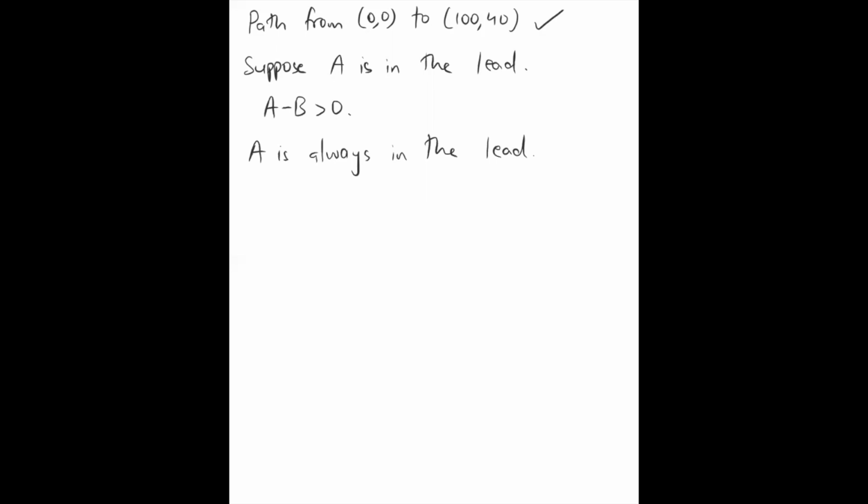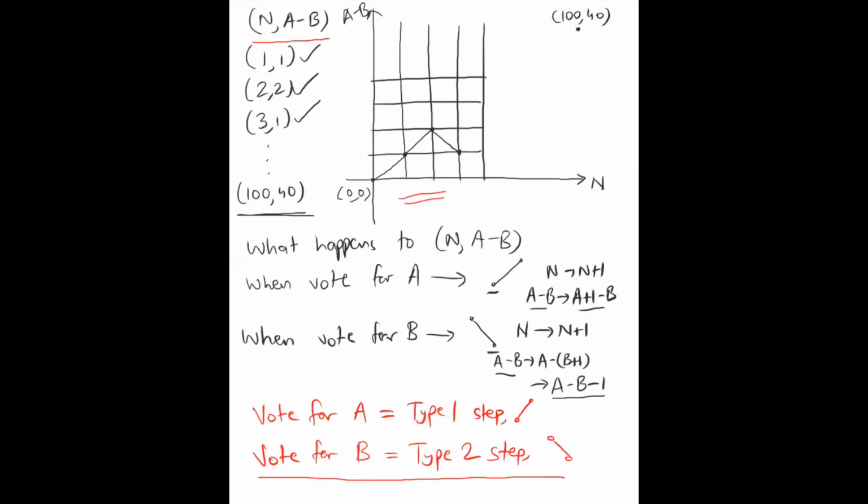So that means, going back to our previous picture, A minus B always has to be greater than 0, and that is the same as saying this path, let me just circle the path. So this path that we will get always has to be above the x-axis after 0 comma 0. I mean, at 0 comma 0 it has to be on the x-axis. There is no option. But after that, at all points it has to be above the x-axis.